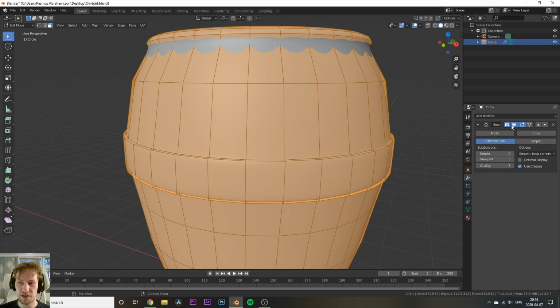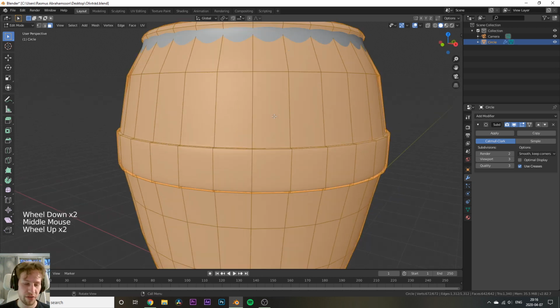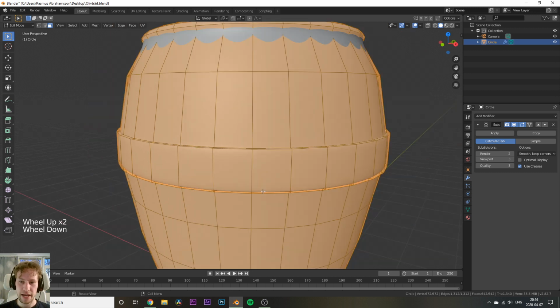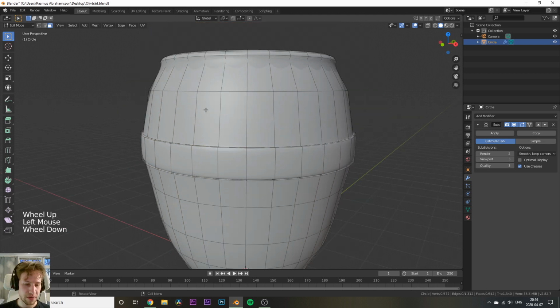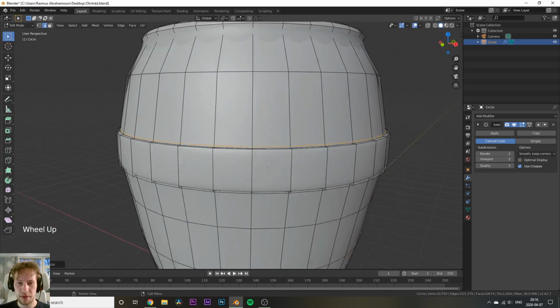That is because we added this subdivision surface modifier to make it smooth, but there isn't enough geometry to figure everything out. So we're gonna tighten up all of these creases that we want to be kind of sharp, but not perfectly, so it's not too smooth. And it's super easy, thankfully. All you have to do is add a ring and pull it down, and that will sharpen up